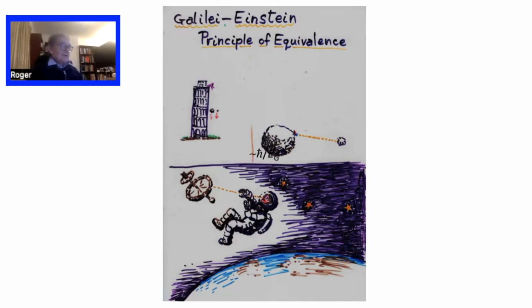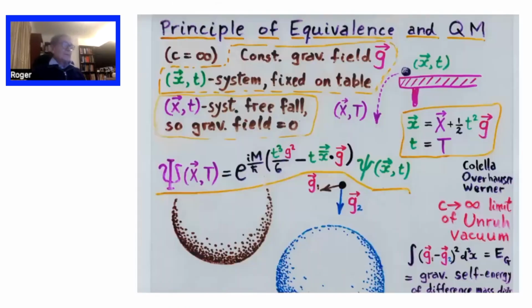And of course, you have to have this wonderful theory of general relativity, because if you cancelled it out at Pisa, that doesn't cancel it out in New York. So you have to have a theory which accommodates this principle of equivalence all over the whole universe, which is what Einstein achieved with his wonderful theory. Okay, now we've got these two principles, and I want to argue that there is a certain conflict between them.